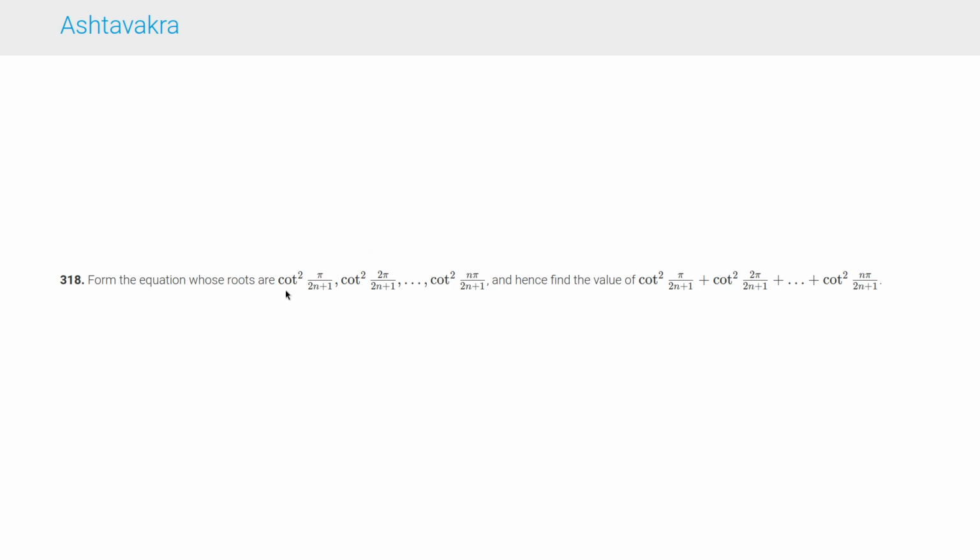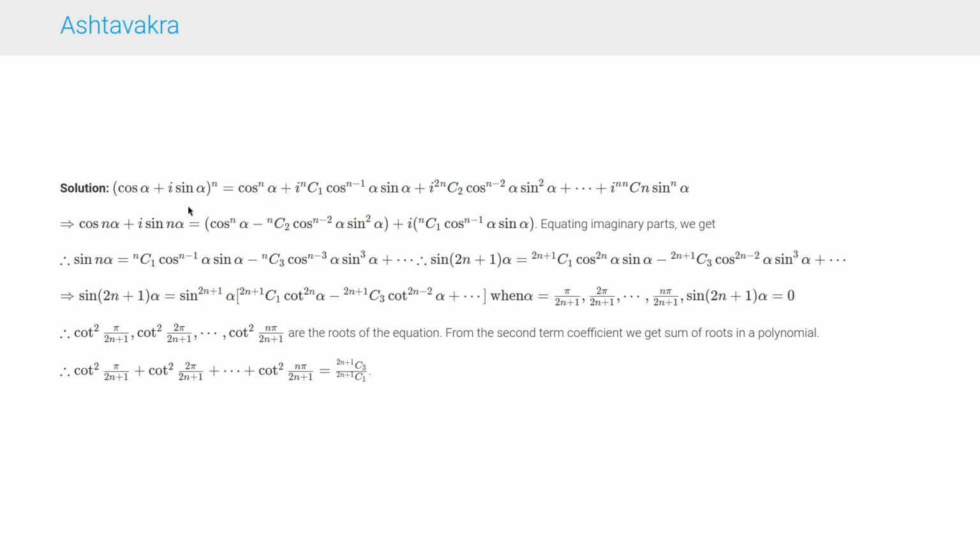Form the equation whose roots are cot square pi by 2n plus 1, cot square 2 pi by 2n plus 1 and so on, cot square n pi by 2n plus 1, and hence find the value of cot square pi by 2n plus 1 plus cot square 2 pi by 2n plus 1 plus so on up to cot square n pi by 2n plus 1. So we know that this is basically a binomial expansion, so you have to study binomial expansion to understand this problem fully well. It's a moderately difficult problem, so you might want to skip this problem if you have not studied